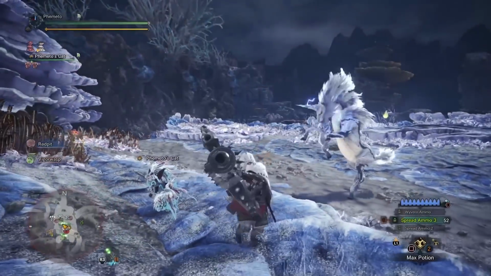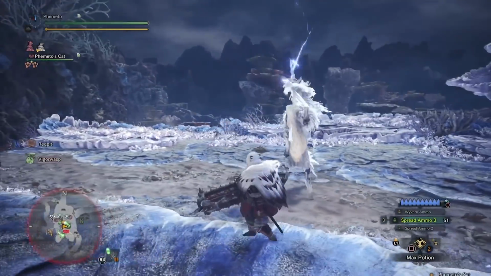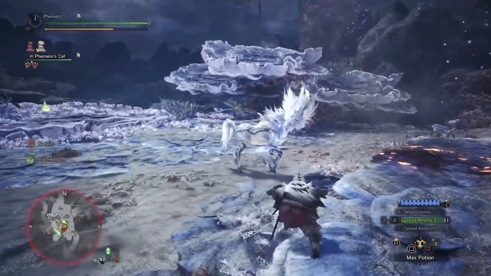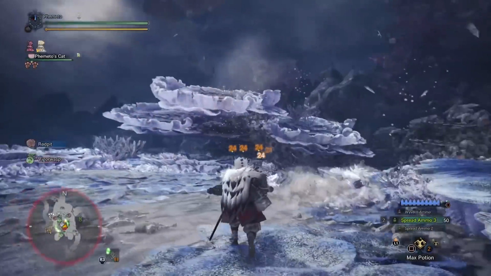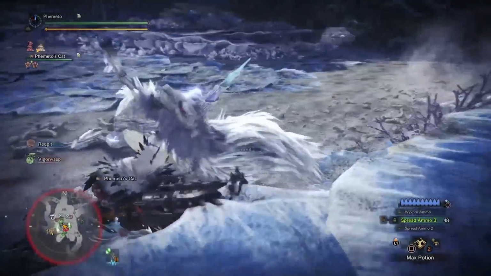You're going to have to rely on either very good positioning with your slow walk speed, timely rolls with the heavy bowgun's very long roll, or Rock Steady Mantle. The other issue you're going to have is reloading. The time to reload can be very slow, so you're going to have to time those properly so you don't